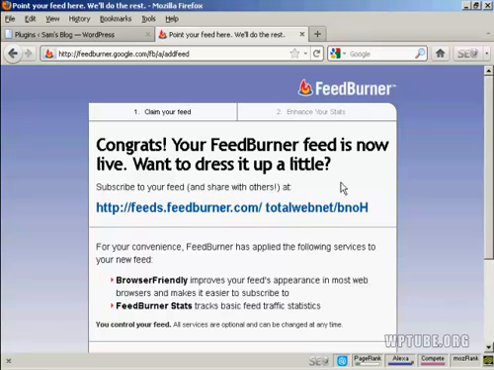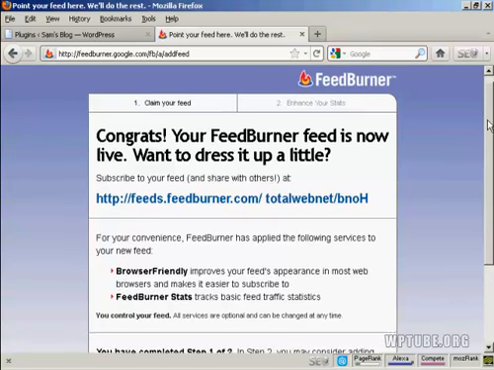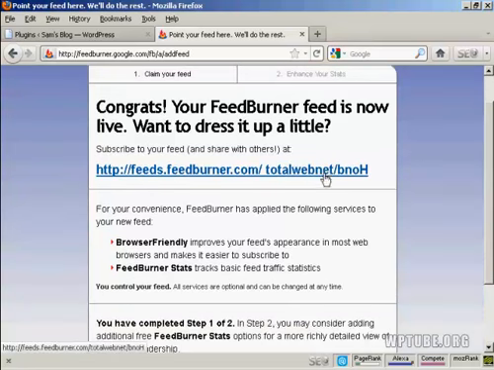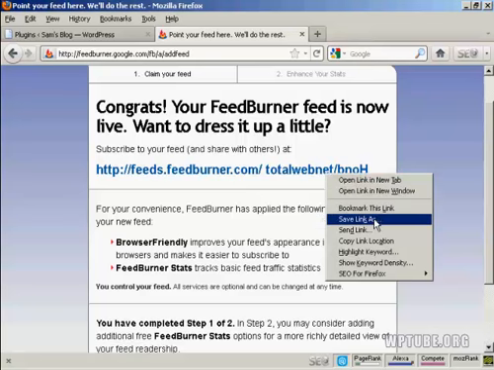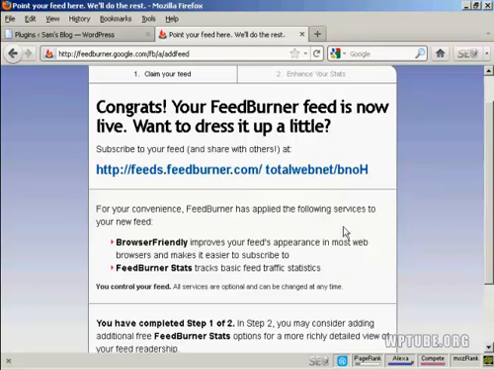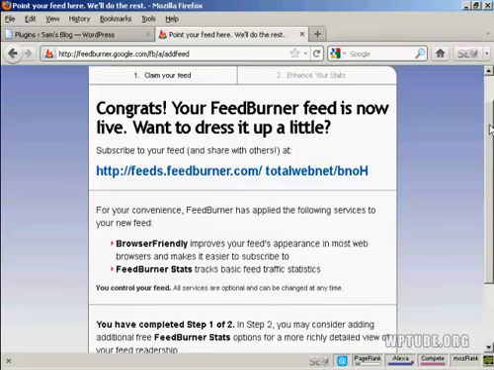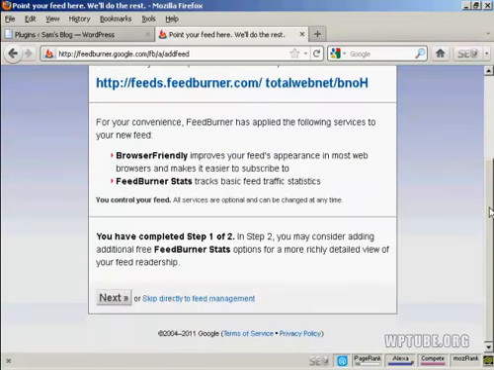And there we go, this is your feed, or my feed rather. So I'm going to copy that link location because I'll need it again in a moment. And now you can add some extra bells and whistles to your Feedburner feed. So click on next,